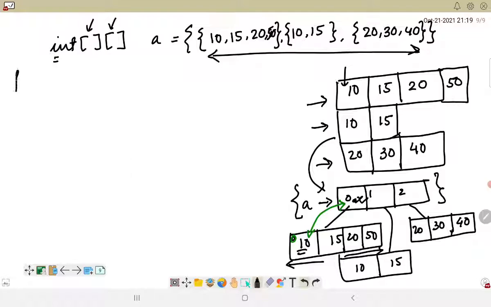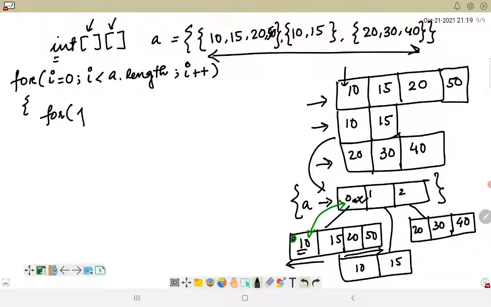So we will run one loop for i is equal to 0, i less than a dot length, and then i plus plus. After that we will use another for loop for j is equal to 0, j less than a of i dot length, then j plus plus.